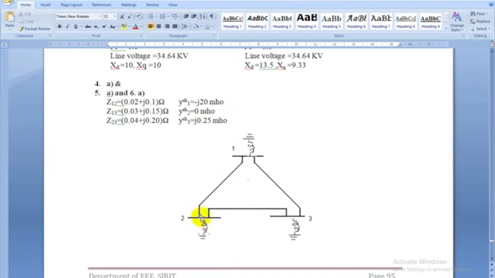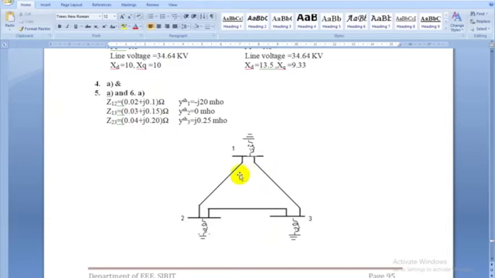At bus 2 we have one more shunt admittance that is not connected, 0 mho. That means the value is 0. And Y3 is connected to bus 3 and its value is j0.25. This is the given data. So for this system, it is required to find the Y bus using the inspection method.